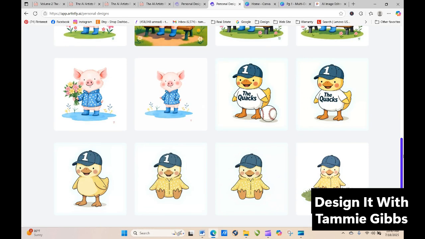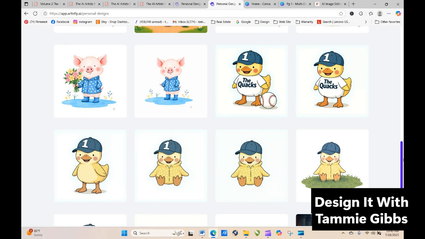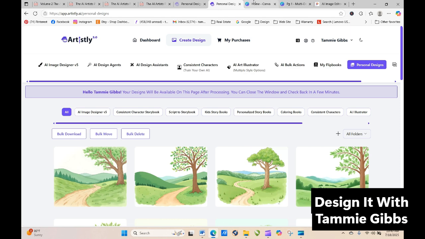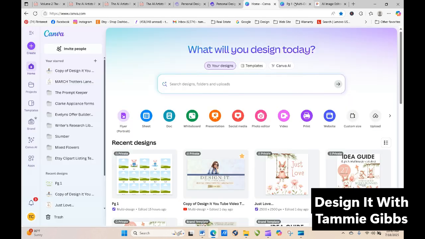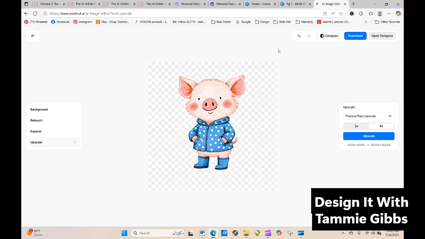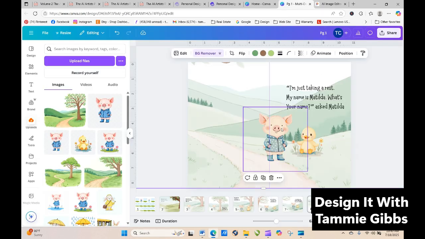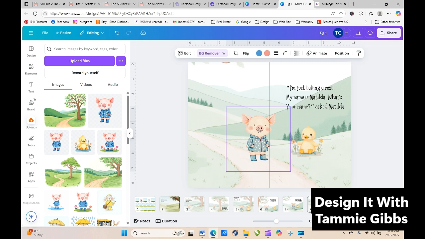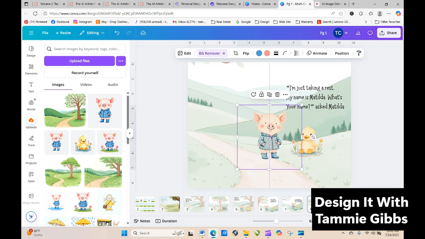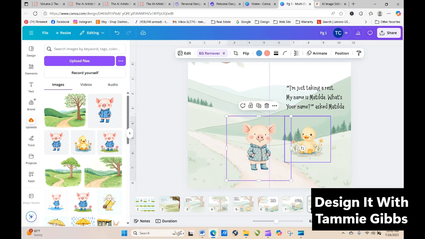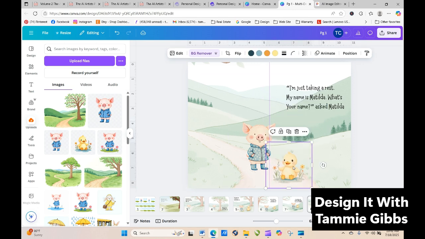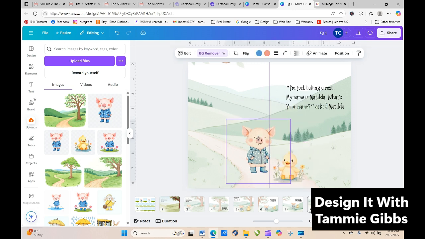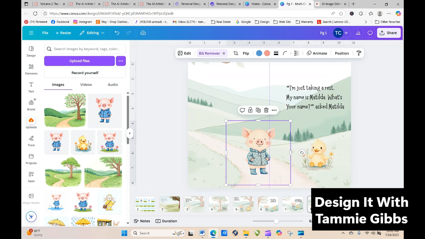Well, I don't have a duck that's standing that didn't have the hat on it. But anyway, you could go back in and create the duck just standing, and then both of them, the duck could be joining him, or you could have both of them over here and then